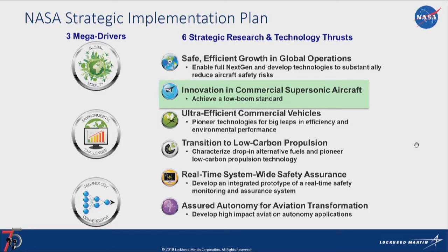So who's doing this? Who's actually taking the lead on this? And this is really a NASA effort, and I have to really give credit to NASA to take this step and this endeavor, because the reality is the government put the supersonic overland regulation in place that doesn't allow anyone to fly supersonically, and until the government takes a lead in removing that prohibition, aircraft manufacturers are not going to go out there and build supersonic airplanes that they can't fly. That is a tremendous investment, and if NASA wasn't taking the lead on this, we would be stuck at subsonic